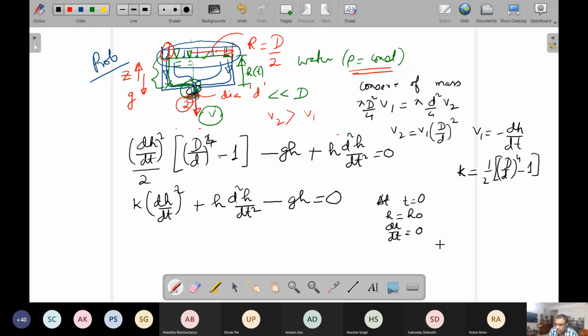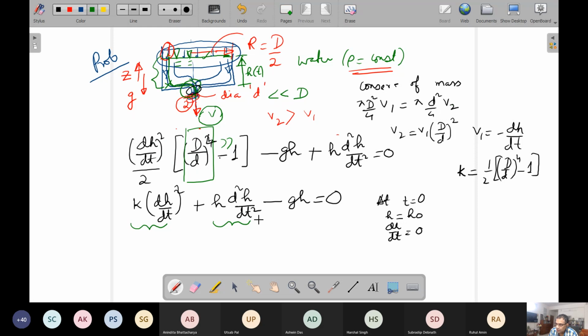And what are those simplifications? The simplifications could be, for example, one very straightforward simplification is this one. That is, this is much greater than 1. So your value of k becomes simpler, and then you can compare these two terms. This I leave to you as an exercise to see which one is more and which one is less. And that is the key.